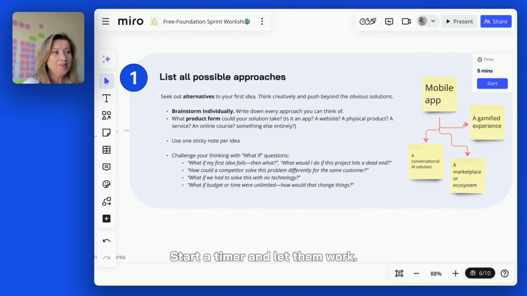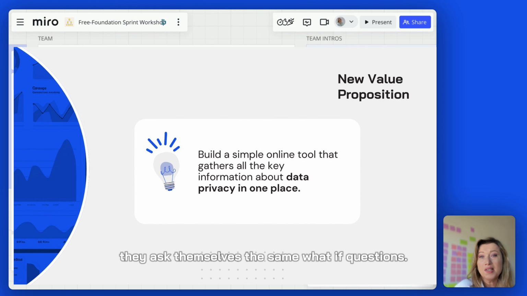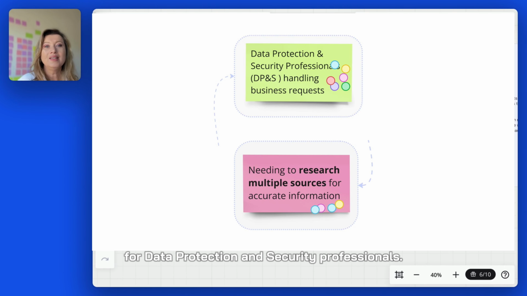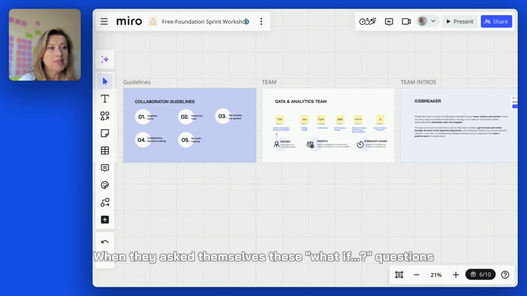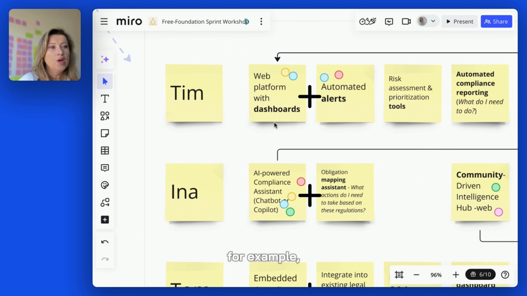Now, if you remember our data and analytics team, the example use case we are referring to throughout this course, they asked themselves the same what-if question. Their original plan focused on a proactive and personalized compliance tool for data protection and security professionals. When they asked themselves these what-if questions, they came up with alternative approaches like Team, for example, a web